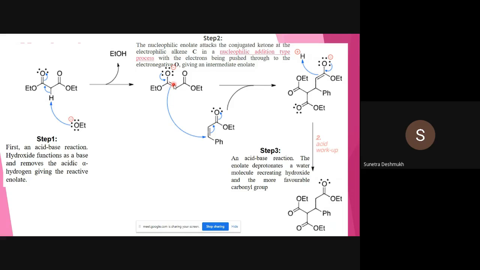So pay attention over here. Once the enolate is formed, the attack occurs via this negative charge, which is placed on this carbon atom. The negative charge placed on the oxygen comes in between carbon and oxygen, and this lone pair attacks the first position of the carbon-carbon double bond. In this way it is a 1,4 conjugate addition across the alpha beta unsaturated carbonyl group. This is a nucleophilic addition type process, and in that way we get this adduct, or intermediate, here.